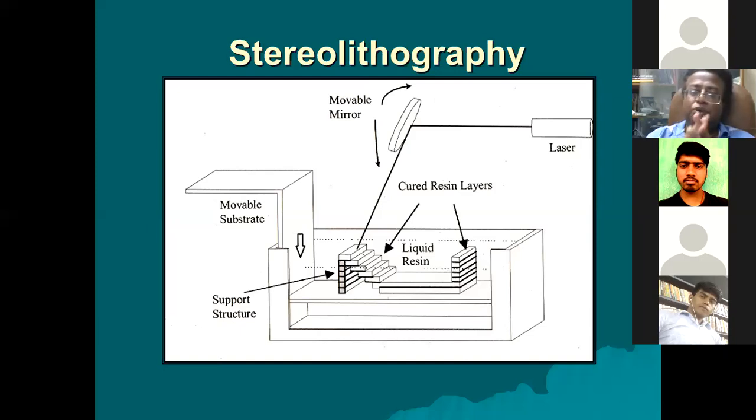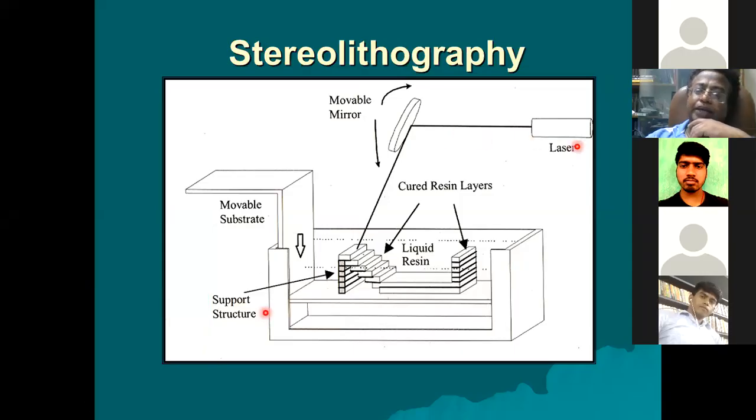All the students, please remember, you might have studied in chemistry a reaction called polymerization, correct? There is a monomer, and when you add some catalyst to it, a polymerization reaction starts. Polymerization can be initiated by different kinds of initiators. In this case, the initiator is photosensitive, because of the property of this liquid monomer.